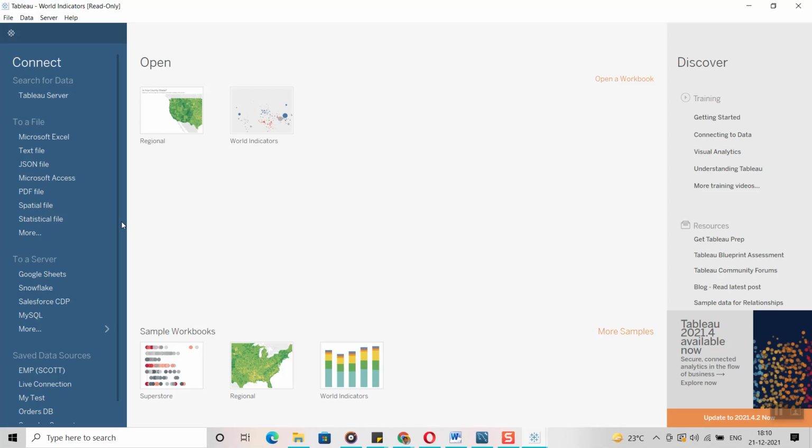See, if you try to connect to a Snowflake database by using an Oracle or MySQL connector, is it going to work? It's not going to work. If you want to connect to MySQL, you have to use the MySQL connector. If you want to connect to Google Sheets, you should use the Google Sheets connector only. You cannot use the Snowflake connector to connect to Google Sheets, right? So you have to choose the connector based on your database.